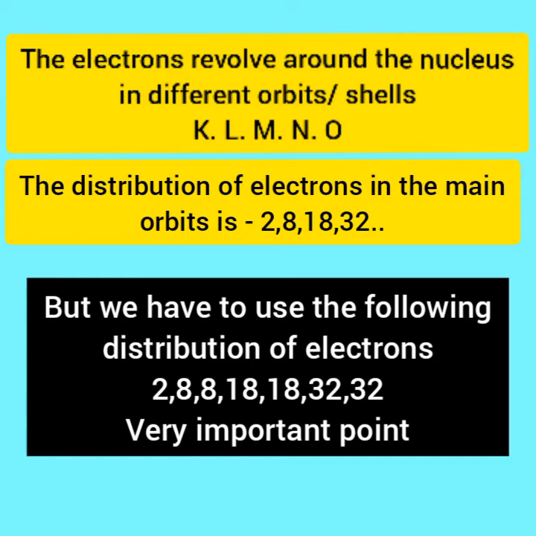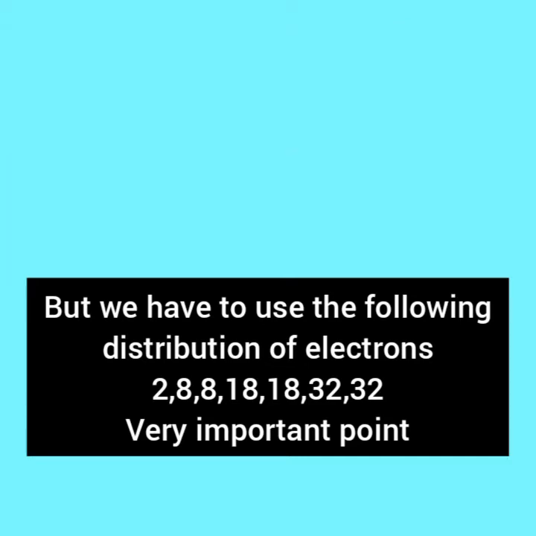When we really consider the arrangements, including the subshells also, the electronic arrangement is the first shell 2, then second 8, again 8, then 18, then again 18, then 32, again 32, like that. Very, very important. We don't have to worry about the other part. We only want to know the basic thing again.